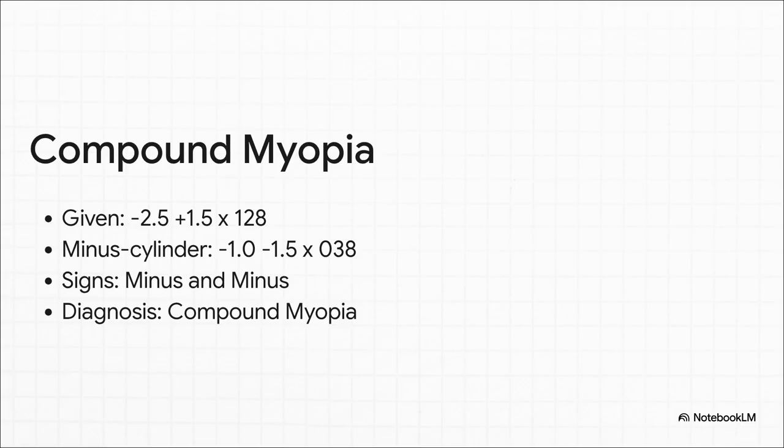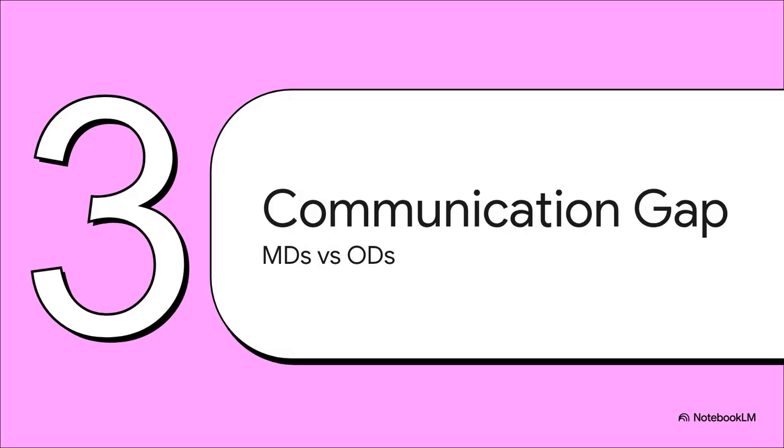Look at our two sphere signs, minus 2.5 and minus 1.0. Minus and minus. That gives us compound myopia. Excellent job if you nailed that. Seriously, mastering this simple algorithm is an incredibly easy way to bank points on your written boards. Up next, Section 3, the optic communication gap,